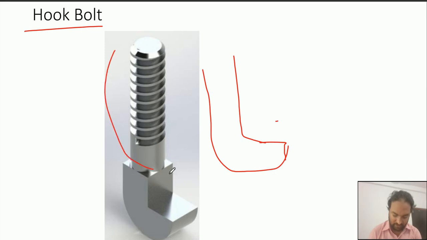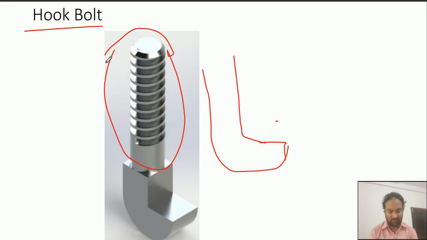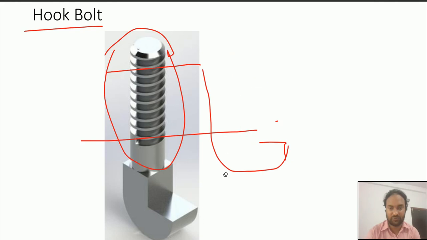This much part will be inserted in an already drilled hole, and on this side we can use one or two or more parts. Let me show you.